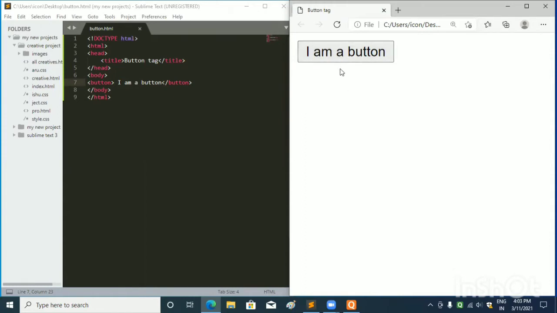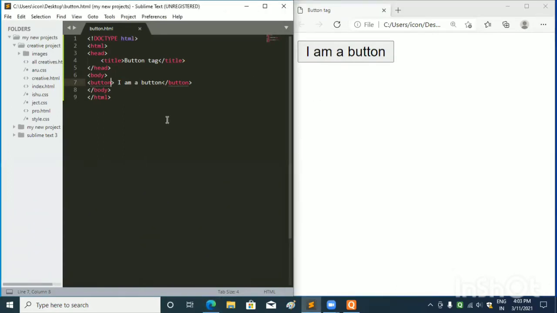Okay, so let's use some attributes here. So I will write type attribute here, and I will copy this and paste it two times.